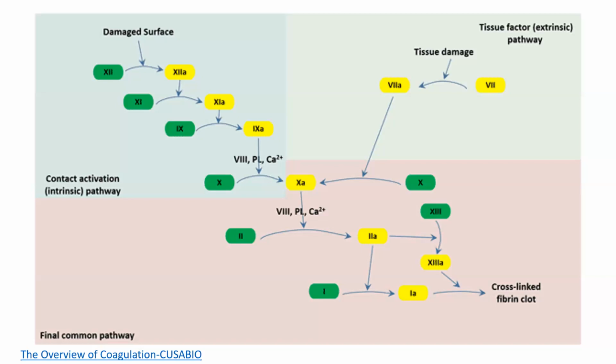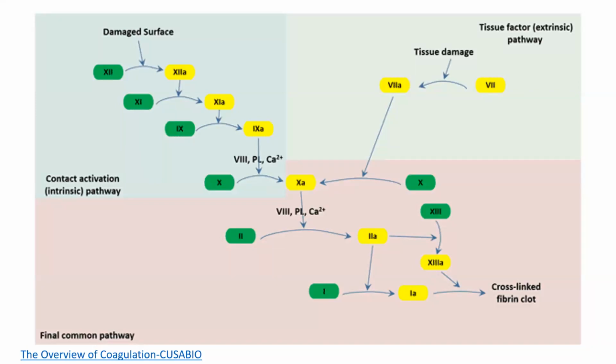Factor 12 is going to activate, which activates factor 11, and you have that pathway down ultimately until you have activation of factor 10. Conversely, or even concurrently, you can have activation of the extrinsic pathway, which is when tissue damage results in factor 3 or tissue factor, then activating factor 7, which works to activate factor 10 along with